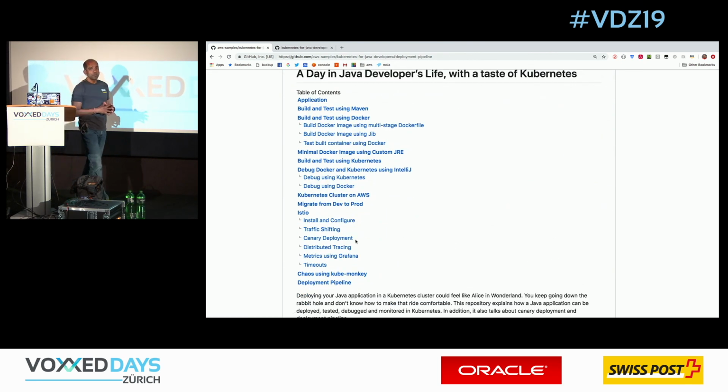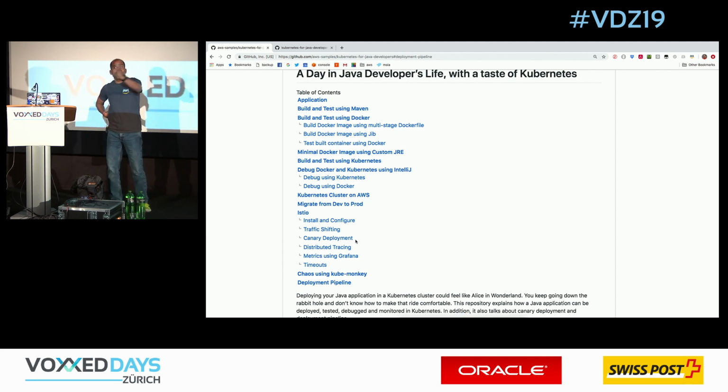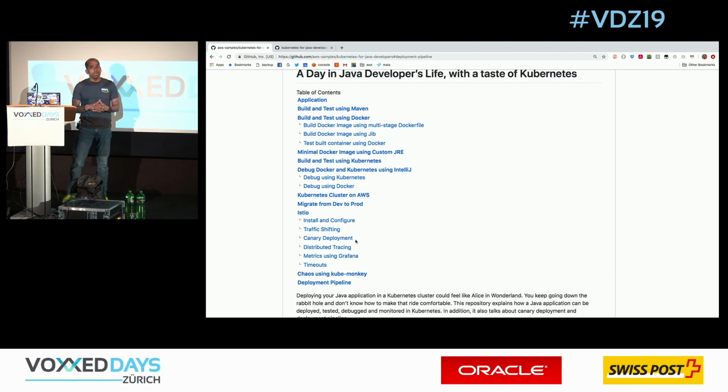As a customer, if you build your Java application, the first step is to Dockerize your application, create a Docker image. The second step is to write that Kubernetes manifest. The third step is to take a look at how you can test that application locally on your desktop. The fourth step is, okay, now I'm going to migrate that application to the cloud. Then the next step is, if I need to debug it, test it. And then finally, maybe you want to install Istio or a service mesh to get more observability around your services.